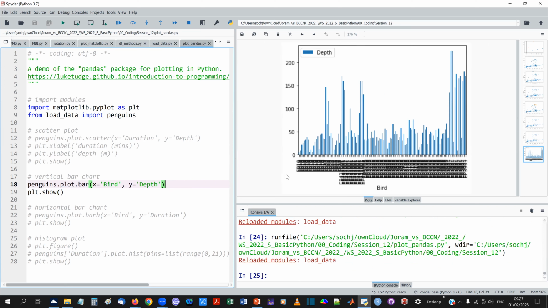And what you would then get is that the values in the y column will be used to control the height of the bars, whereas the entries in the x column will be used to label the plot